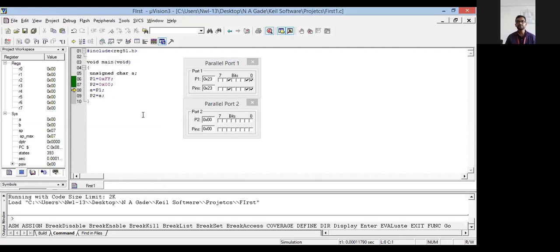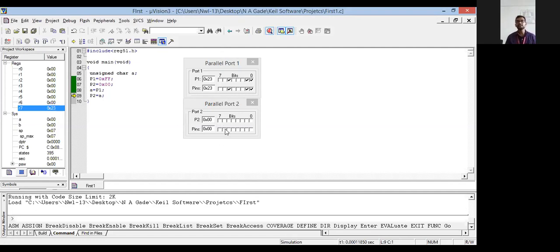See my cursor, correct? Now, P1 data is loaded in A. Now when I click on here, as you can see here, R7 is 23 now. Then this 23 hexadecimal value is loaded in variable A. We have declared variable A, but when it is converted to machine language, it is stored into the register bank. Means all variables are stored into the register banks. But C language is simple, so you can store into any variable whose name is given by you only.